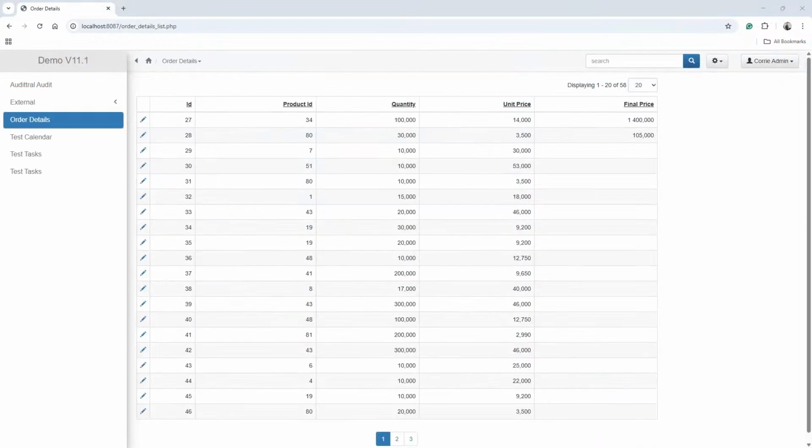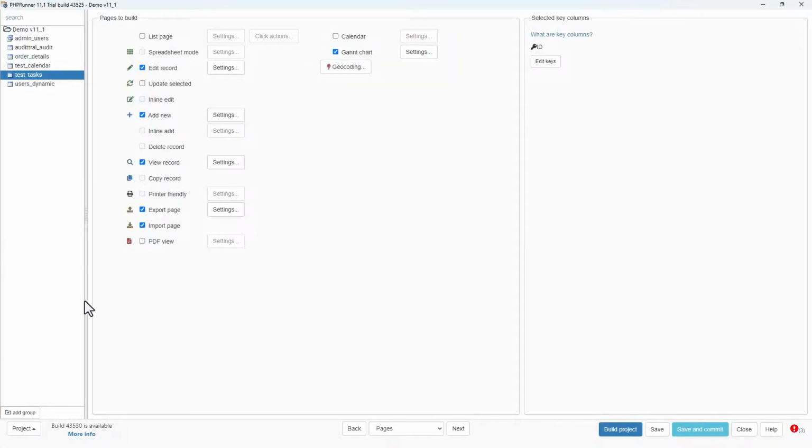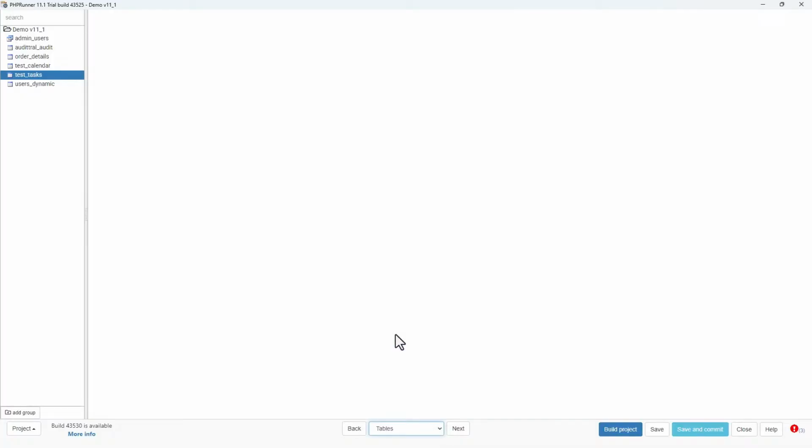Very nice. Okay, lastly, we will look at the Lookup wizard enhancements. I'm looking at the order details table right now, and product ID is not linked. So let me quickly go back to my tables.